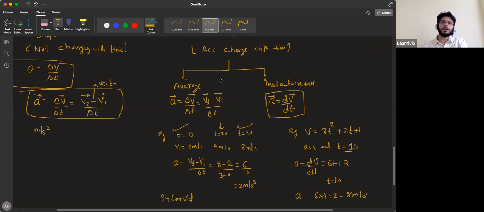Like he would say, okay, calculate acceleration in 2 to 6 seconds. So 2 to 6 seconds is not an instant, it's an interval. Is it clear? The difference between the interval and instant? Yes, sir. Because if this difference is clear, then only you can decide whether you are supposed to calculate average